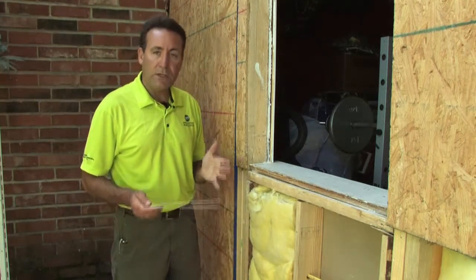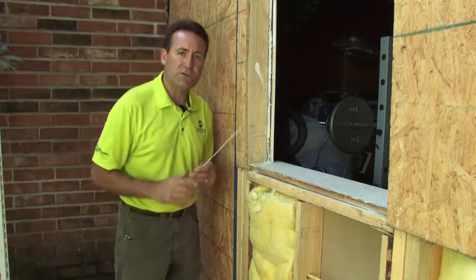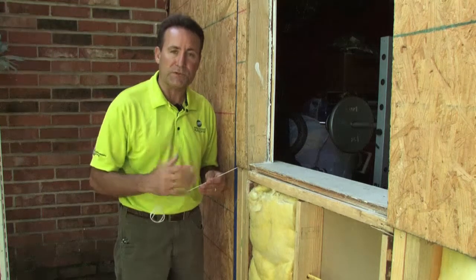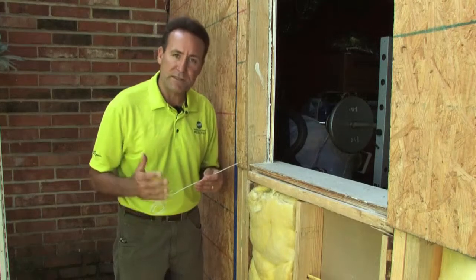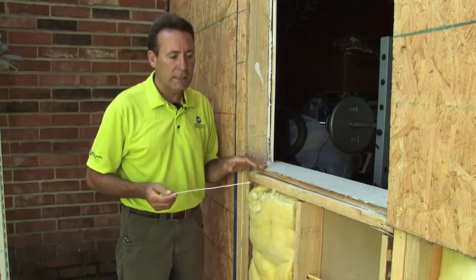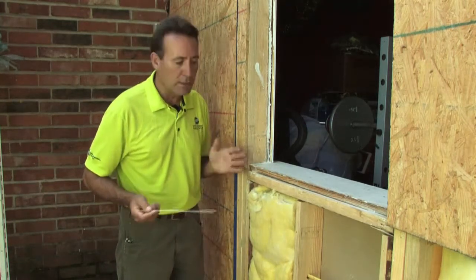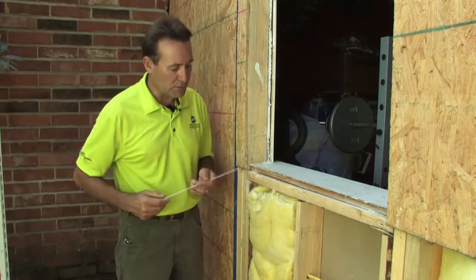So in the meantime, we also found some more problems. And we've talked for years about how air infiltration is one of the single most culprits to an inefficient house with high utility bills. And ways to stop that is proper caulking and sealing on the front end, or before you put on the sheetrock and the siding. So while we have the house exposed today, we're going to point out some of the deficiencies in this particular